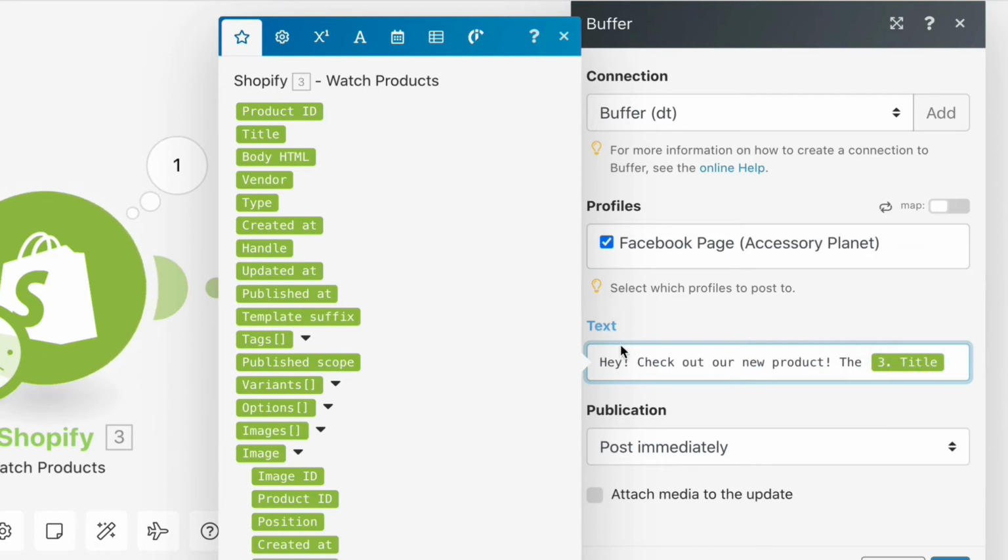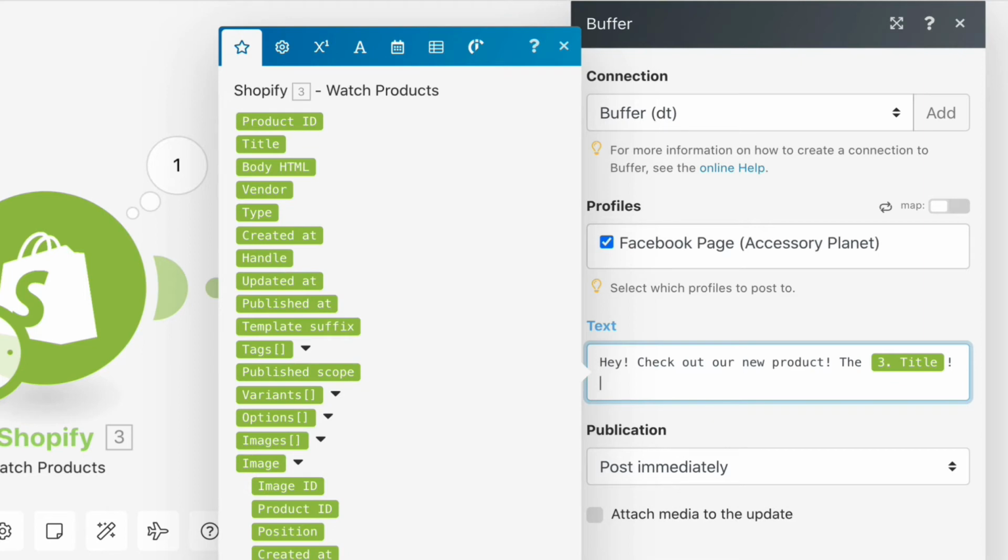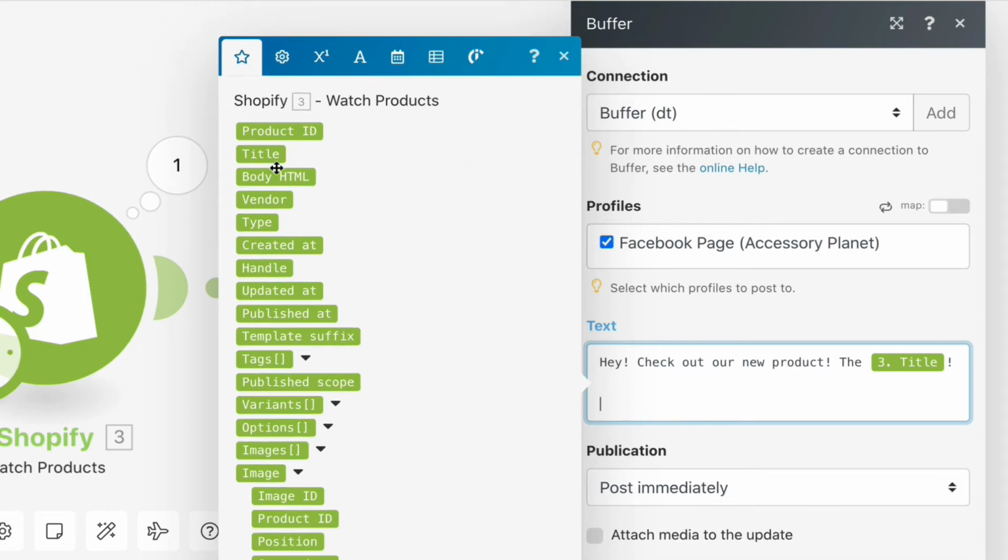Therefore, I'm now making this text dynamic because that title is going to change for every product, right? I hope you get what I mean. And you can use as many of these as you want. So for example, I could have, hey, check out our new product, the portable sealer. And then below this, I can actually choose the